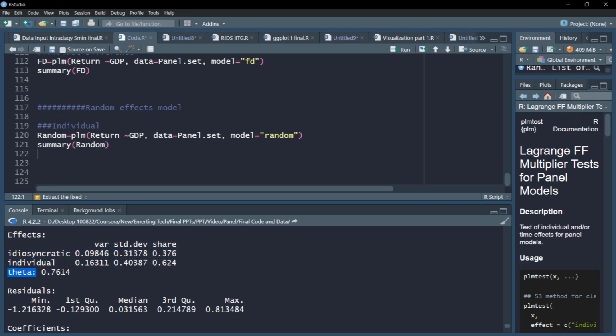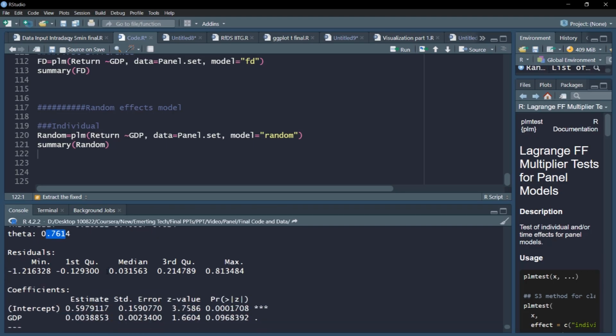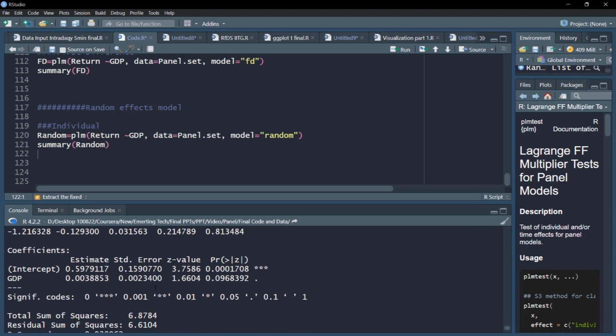That means the random model is closer to the fixed effect rather than pooled on the spectrum of effects, which is also confirmed by this theta parameter. And notice the GDP coefficient is also very close in terms of significance, and its effect is very close to what we had with fixed effect, LSDV and FD. So it gives us some idea about the consistency of our results.